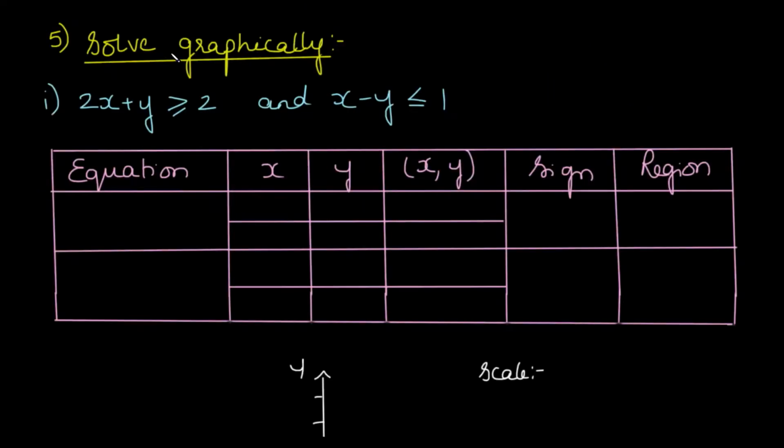Now the fifth question, solve graphically. In this case, they have given us two lines. We have to solve graphically both the lines and find the feasible solution which includes both the lines actually. So we'll begin in the same way as we began in the previous fourth question. Okay, we'll convert these inequations into equations, and therefore in the first case 2x plus y is equal to 2 is the equation. As you can see, the constant is not 0 and therefore the line does not pass through the origin.